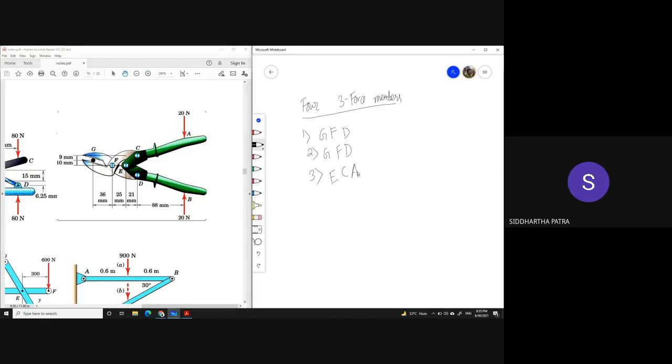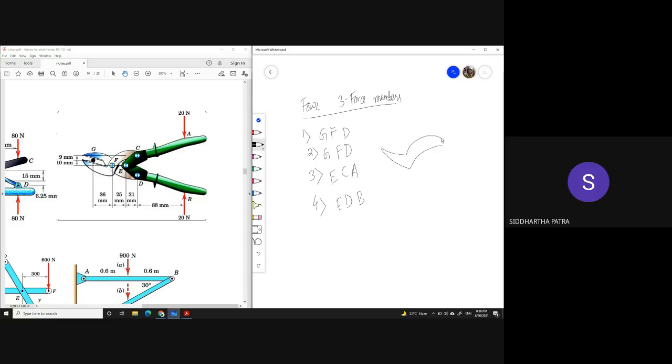ECA is a third member, and number 4 is EDB. Okay, so EDB, your E is this pin joint in the middle. So for example, you can take the member. So this 20 Newton force you are applying at the handle is how much force is being used to cut the wire. Okay, so if I drew the free body diagram of this member,